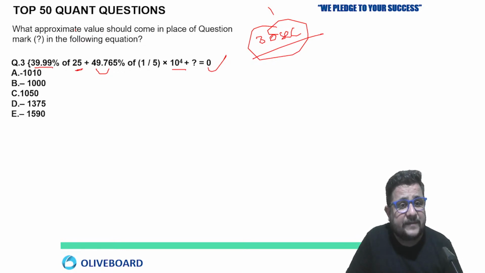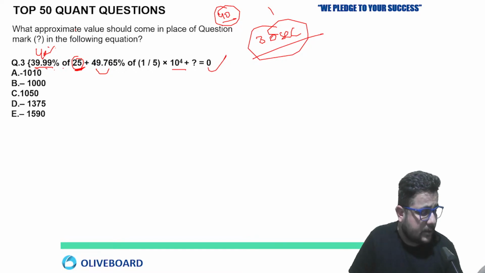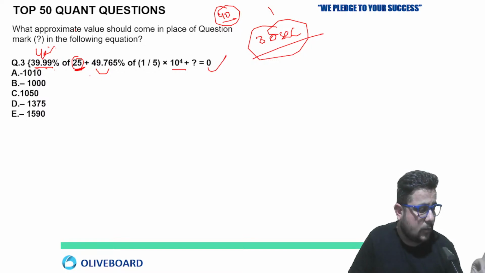39.99% of 25. There are going to be 40 questions, as I said at the beginning, in your exam of 40 marks, okay. So very good, 1010. Excellent work, Varun. 40% of 25 means 1/4 of 2/5 of 25, or we can say 10% of 25. 39.99 is approximately 40%. Very good input. Very good, Bhaswati. How many of you answered?